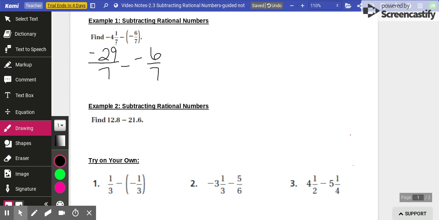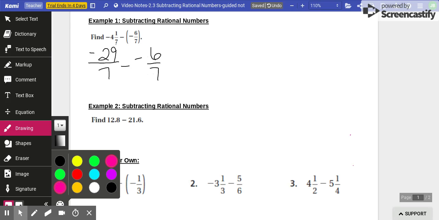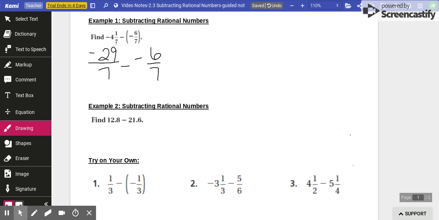So because both of them have the same denominator, I am able to go through and do my keep, change, change. So I keep the 29 sevenths the same, change, and then change my sign. So change it to addition and change it to a positive. So I'm going to subtract because they are opposite signs. So I have -29 minus 6. That leaves me with 23. And because the 29 is larger, I'm going to take the sign that it had with it. So I'm going to use a